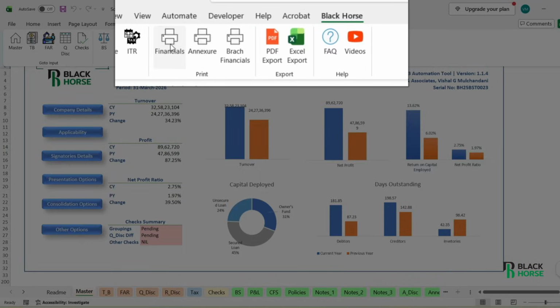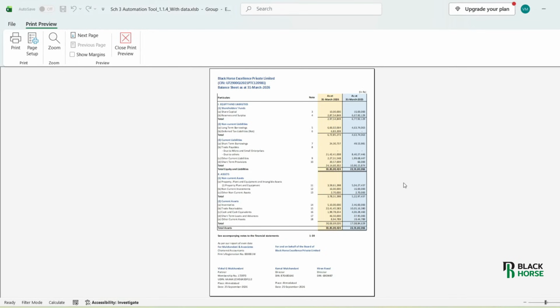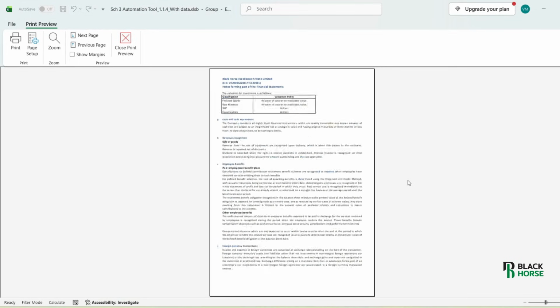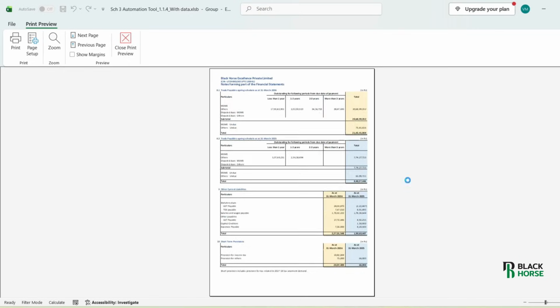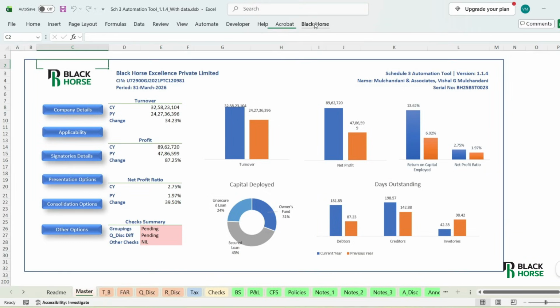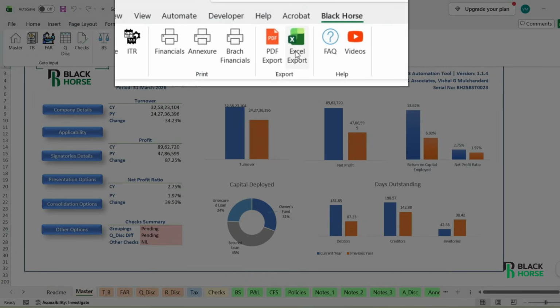So you can simply click on this print financial. Once you click on this print financial, then it is going to give you entire preview of entire financials, and then we can give the print also. So either you can take it print from here, or you can PDF export, or you can Excel export also